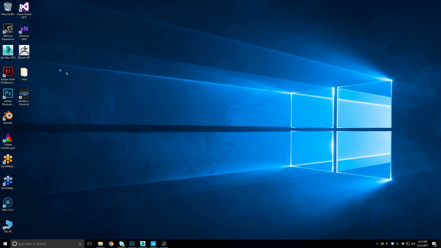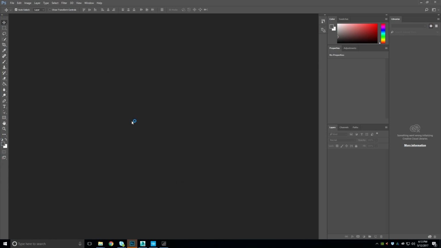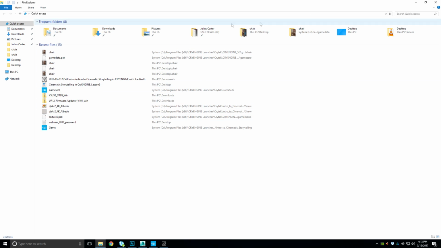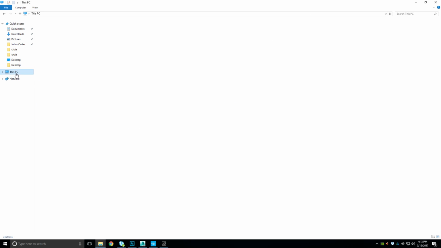So, I'm gonna start with, we're gonna build a chair. So we start with Photoshop, booting Photoshop. I put the reference picture into the build location already. So the build is in desktop